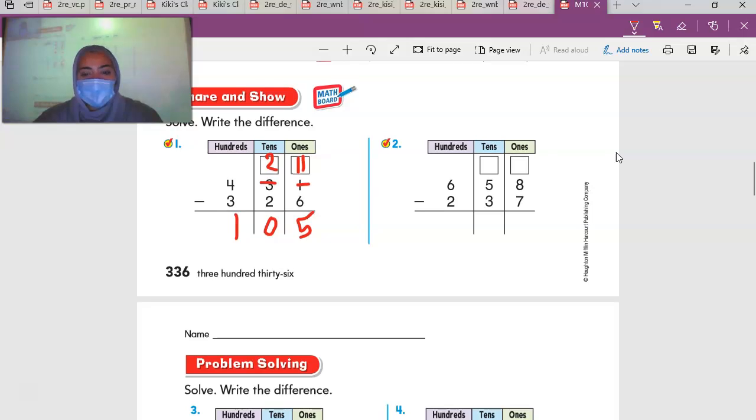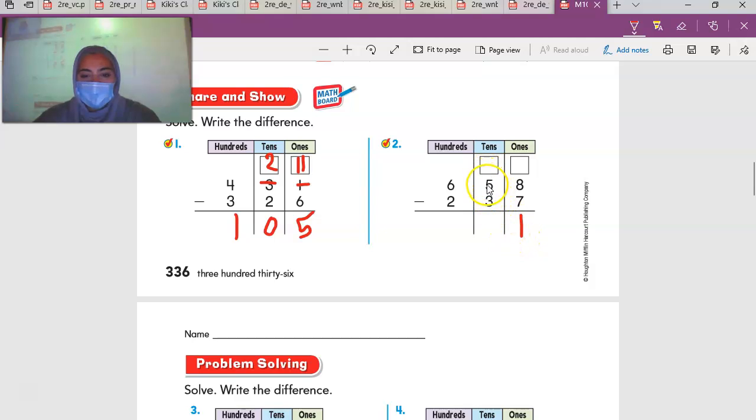Number 2 is kind of different. It's one of the easier problems, and the reason for that is because in the ones place, the top number is bigger than the bottom number. So do I have to regroup? No, so I don't have to regroup. 8 take away 7 is